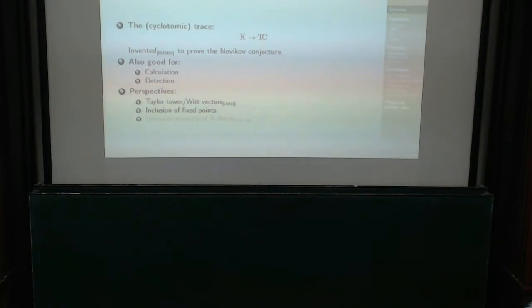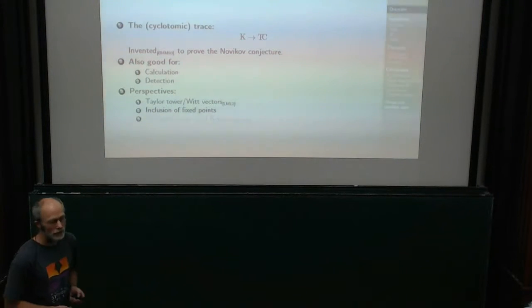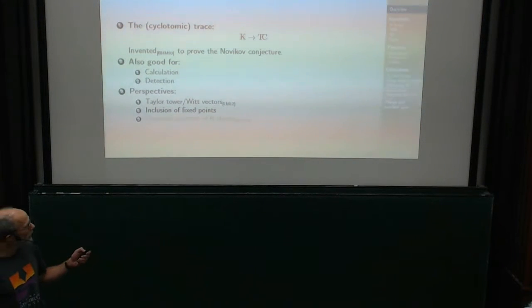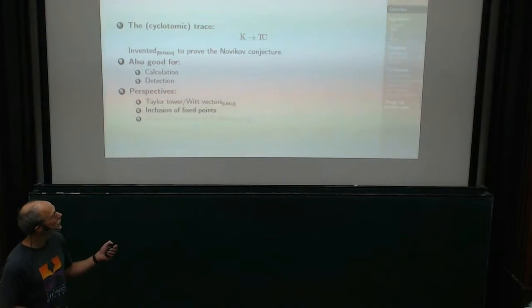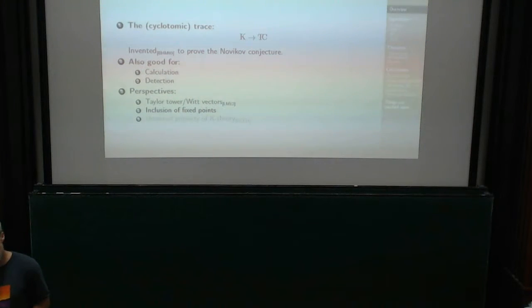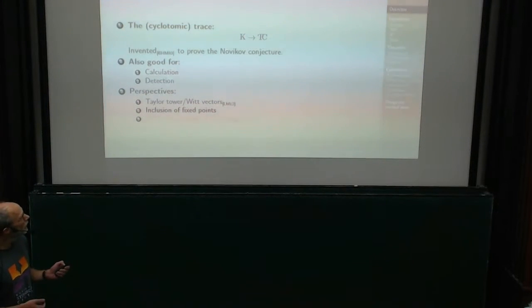The easiest way of seeing the cyclotomic trace is that it is the inclusion of fixed points into some enormous gadget that turns out to be topological cyclic homology. That is definitely not useful for calculations, but it is useful to see that it's a very nicely behaved map. So it's an easy way to define it. And lastly,